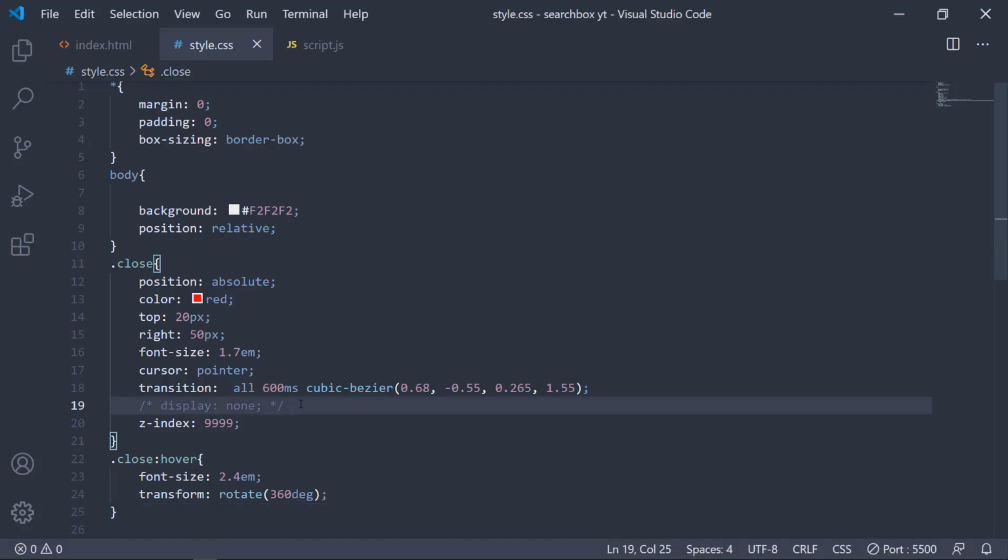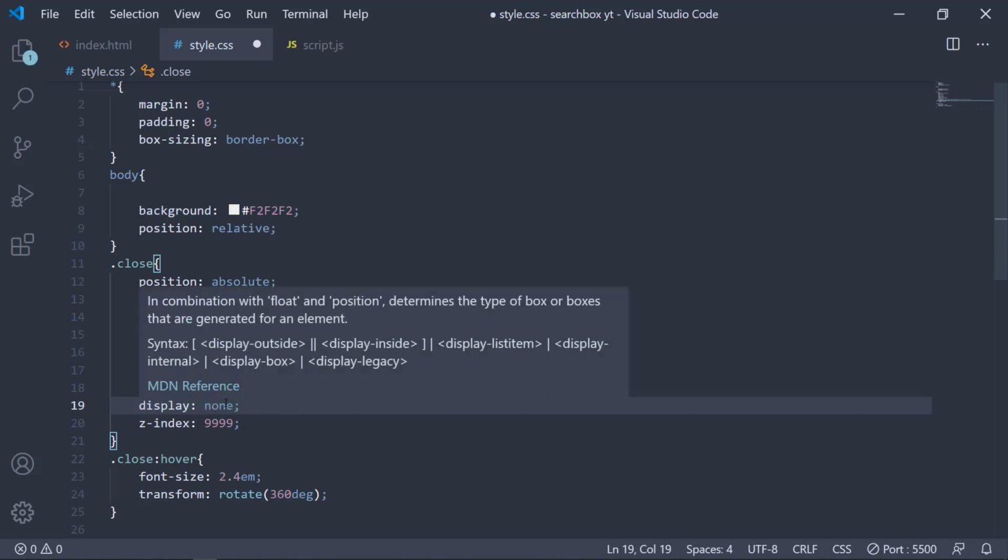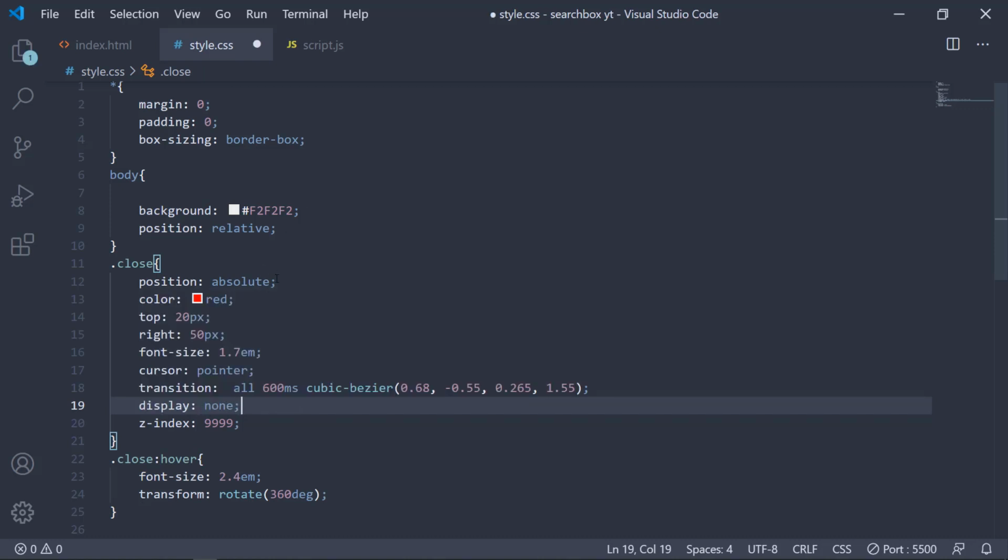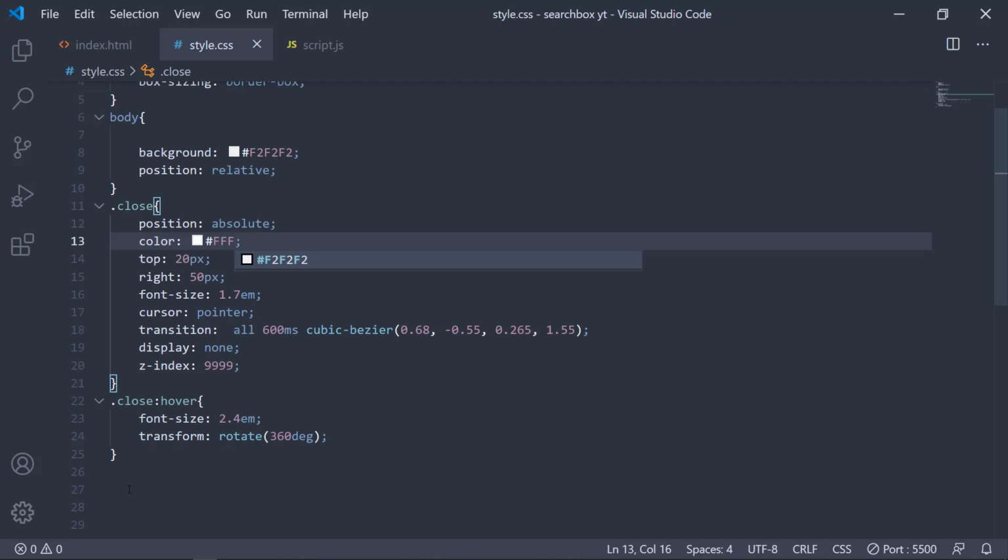If you hover on that, it has some good bouncy effect and the size is increasing, but we don't need to show it in the default viewport, because in here only this icon will be shown, and when I click on that, this one will appear. That's why we are going to make the display none, and we are going to make the display block and make it visible by using JavaScript. So the color was white, FFF. Now it will be invisible, but we don't need the close icon anymore.